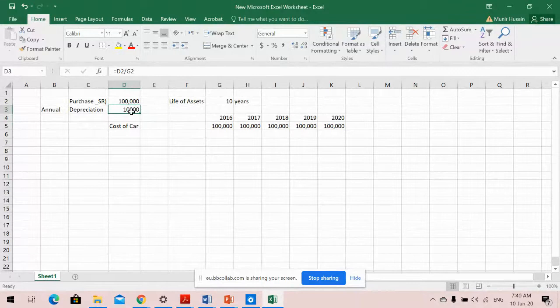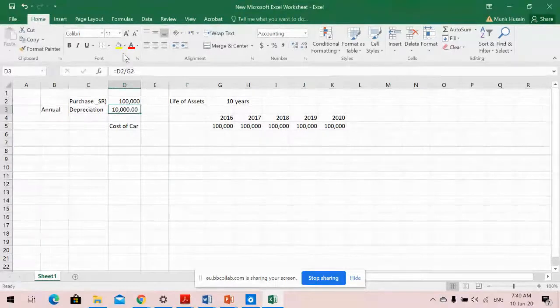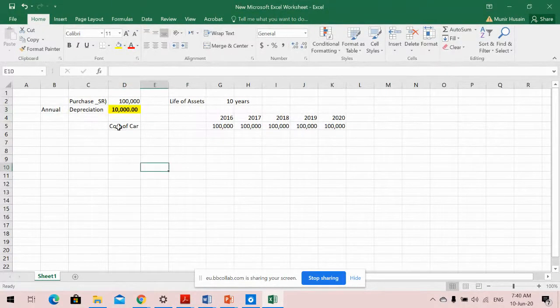So basically, our depreciation is 10,000, right? This is the amount by which the value of our car will reduce every year. So this is what we call annual depreciation,